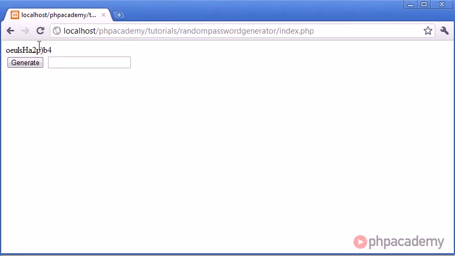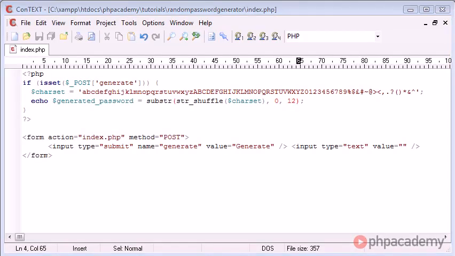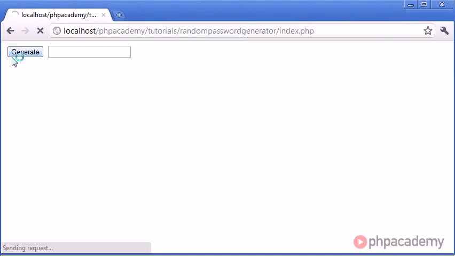Press continue. Okay, there we go. So when we click generate, this generates a 12 character password. So now what we want to do is make sure that our randomly generated password, which you can see here,